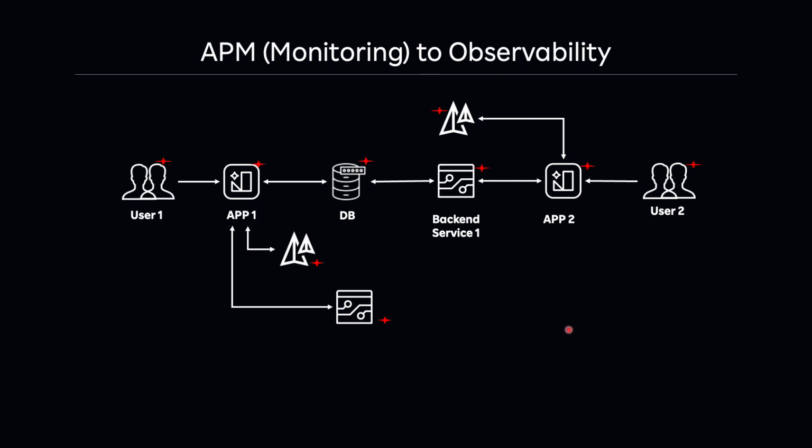Now, when I say it gives you observability into all of these, you get to know that application 1 is facing issues because of application 2, because we are already monitoring application 2 over here. We also know that this is sending certain requests to the backend, and the backend is sending 10x query requests to the DB, and that's where it's getting clogged. So observability tools are modeled in such a way that you will be able to find out the root cause of it, through this particular alert that gets generated on application 1,